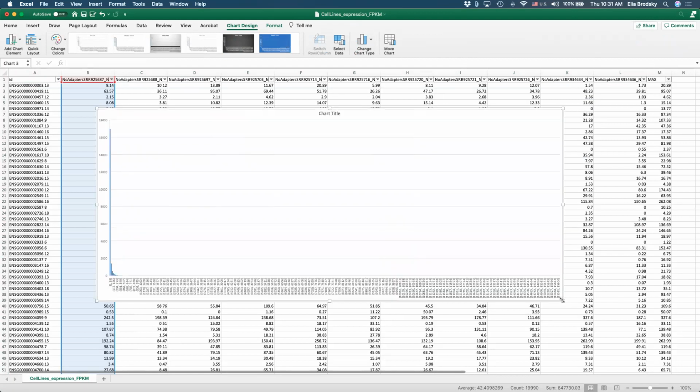This histogram is telling me about the distribution of all of my values for a particular sample. It doesn't matter which sample I take; the data will look like this. Who can tell me how we would describe or characterize this distribution?